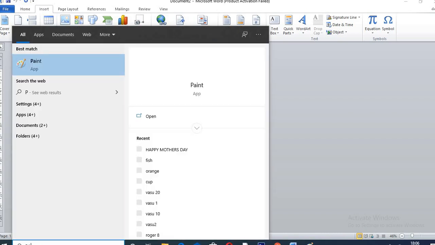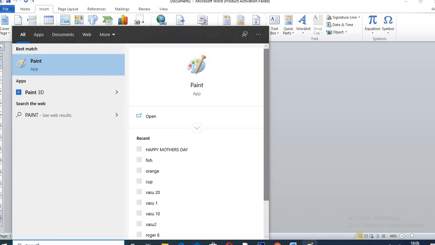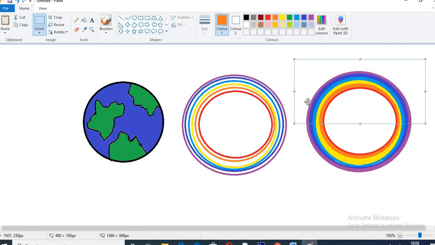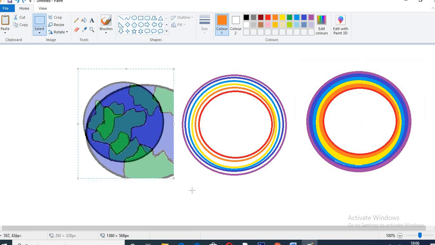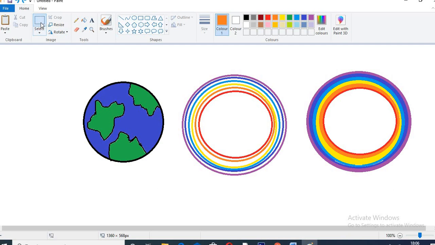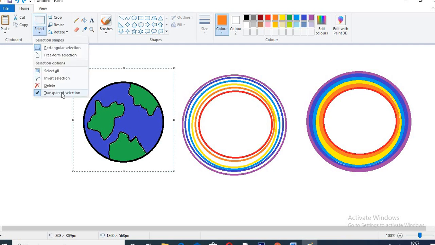I type paint here and paint window will open. I have created some picture. Now I will select the first picture. Click on select, cover this drawing. Make it sure transparent selection always be checked. Now click on copy and